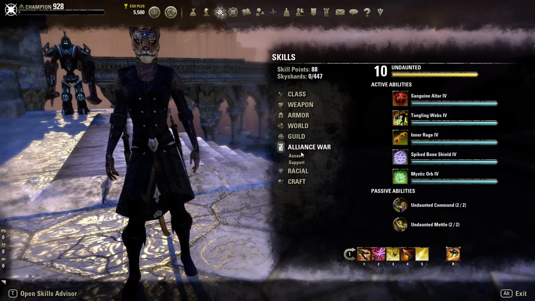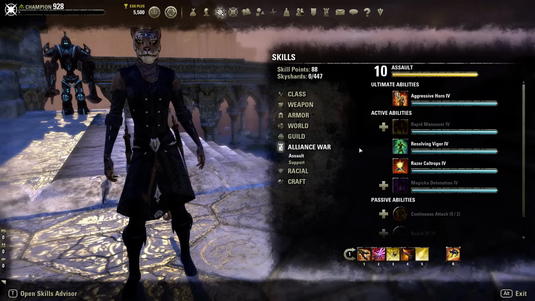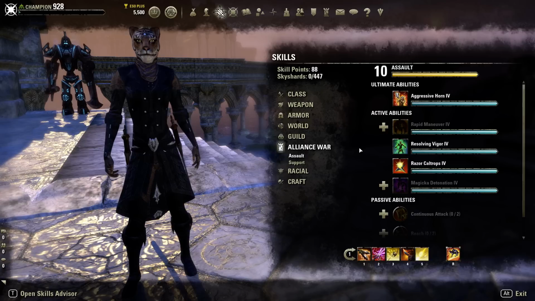Moving on to Alliance War. Now, Alliance War skills you can only get in PvP Battlegrounds or Cyrodiil, and that's the only way you can unlock them. You have to get what's called Alliance Points. Alliance Points are earned from killing players, capturing locations, capturing keeps, and I'm not sure about the scrolls for the